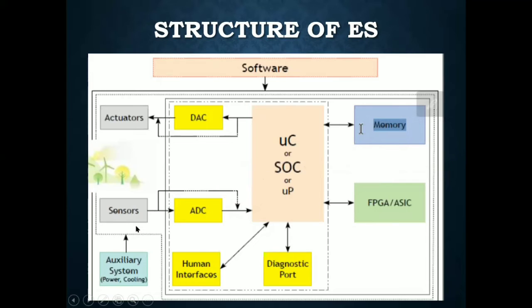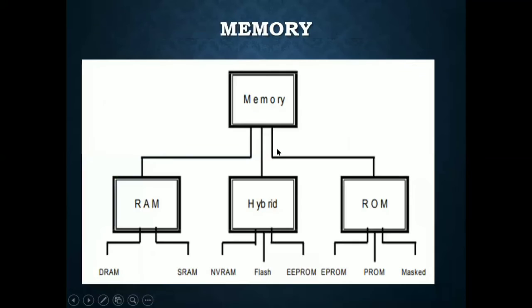Sensor. The sensor is used to take the input from the input port, sensing some physical action taking place outside. It is given to the ADC, that is the analog to digital converter. Then the data is processed by the microprocessor or microcontroller, which will process the data and give the resultant output to a DAC, that is a digital to analog converter. It is connected to the actuators, which are used to convert the action to physical output. This is the main structure of an embedded system. Memory is used to store some data, and all the blocks are as follows.